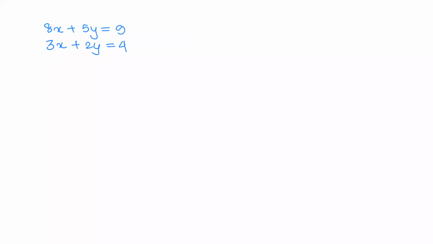Yes, you are right, Vedant. We will eliminate one variable, but in order to do the elimination we have to make the coefficient of one variable the same. The coefficient of any one variable has to be the same. So let us choose whose coefficient we are looking forward to make the same. It is better to make the coefficients of y the same.